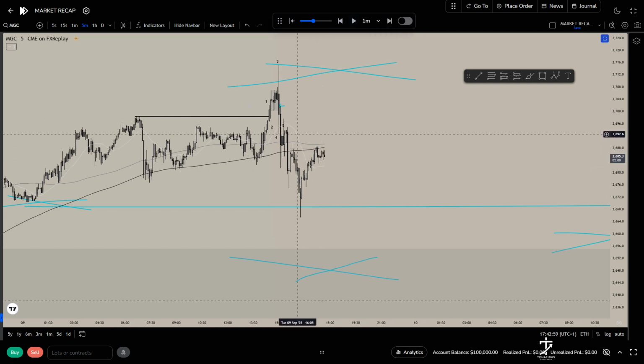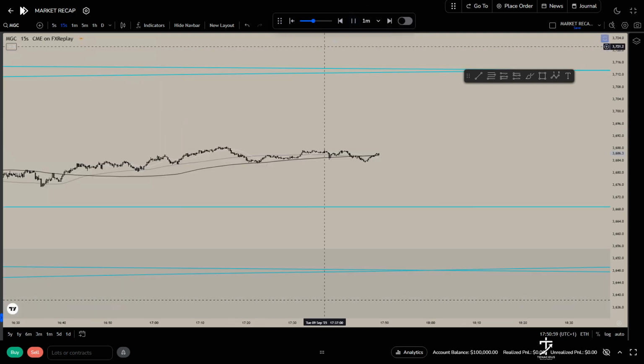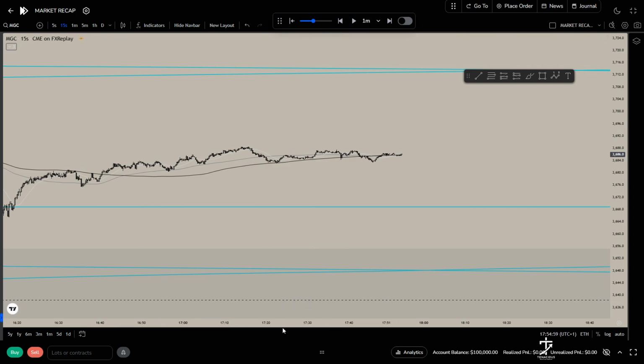Okay, so we've gone way past my trading time. Well, we haven't gone way past, but we've just gone past my trading time now. Let's see what happens now. I mean, on our 15 second chart, so this is why I like the 15 second chart sometimes,